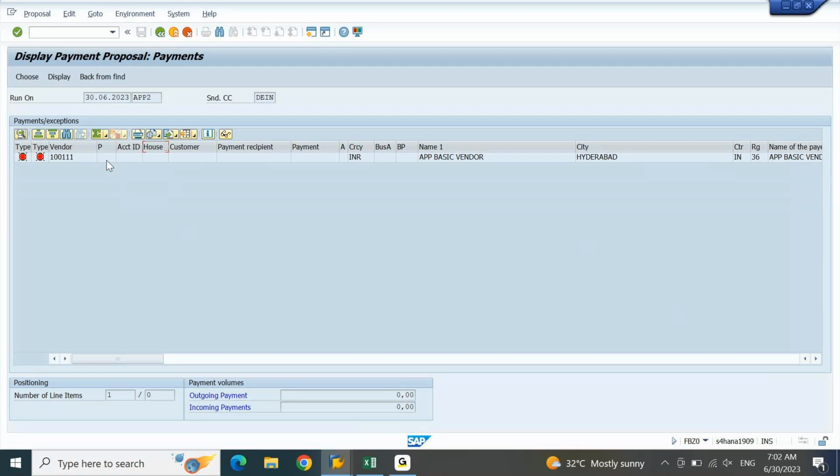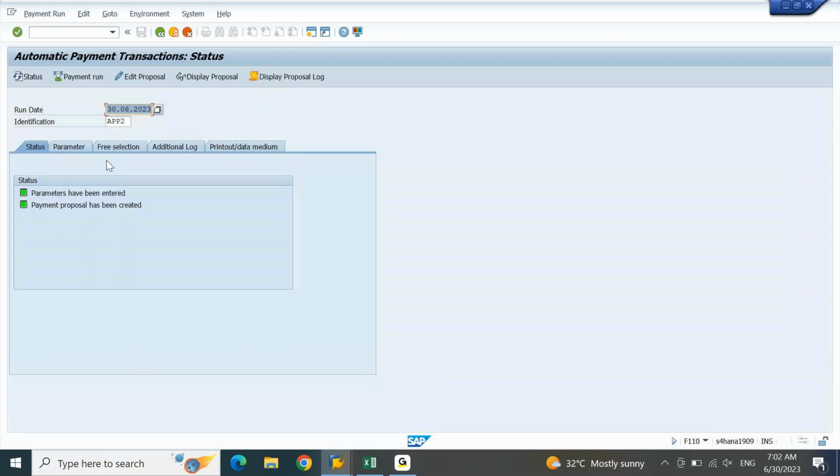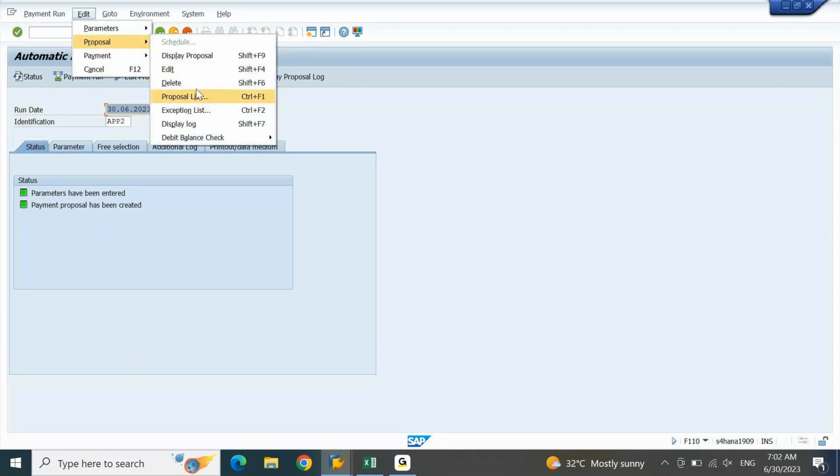Now, since there is no payment method in this, the system is not updating the payment or the invoice as a proposal list. Instead, it is treating this as an exception list. When you put the payment method in the master data, it is not flowing to your transaction data. As a result, your proposal is becoming an exception. Now, to handle this exception, what you need to do, you need to go back,